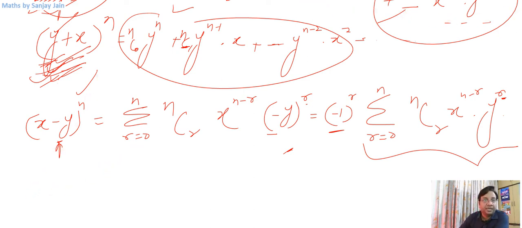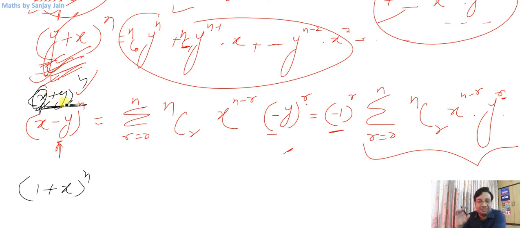Similarly, you can keep in mind another simple thing: when I wrote (x plus y) raised to power n, if I replace this x with 1, I can write the formula. For example, I am writing a formula for (1 plus x) raised to power n. So what I have done is I have replaced this x with 1 and y with x, let us say. Or see, I want to write a formula for (1 plus x) raised to power n. Otherwise, there is no difference even if I write a formula for (1 plus y) raised to power n. Okay, so let me write it for (1 plus y) raised to power n.